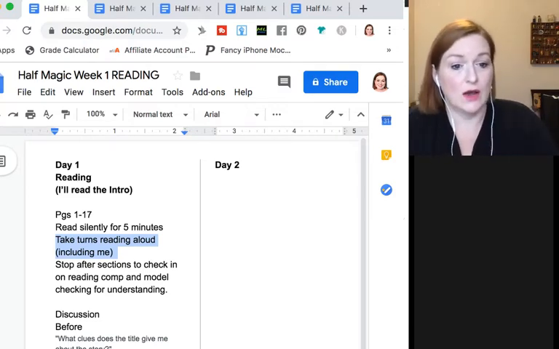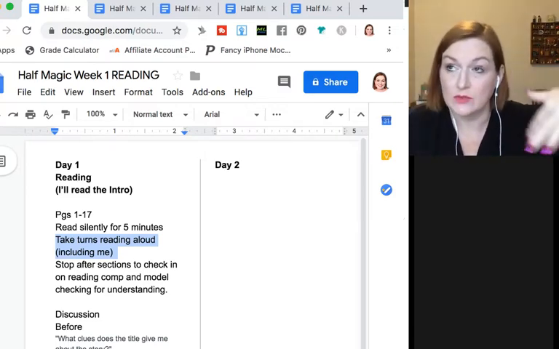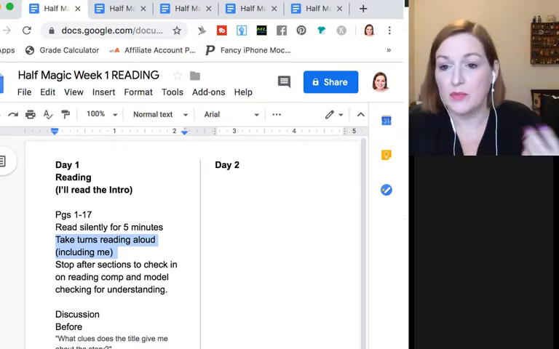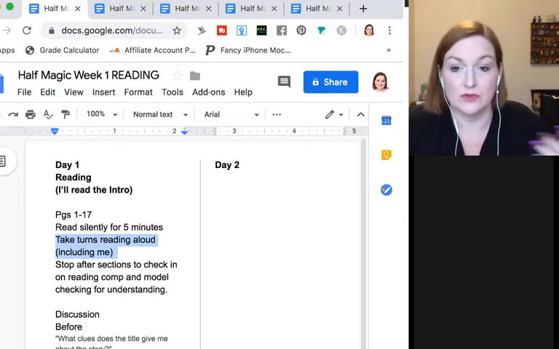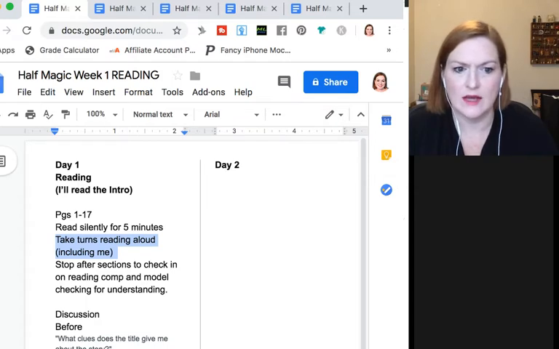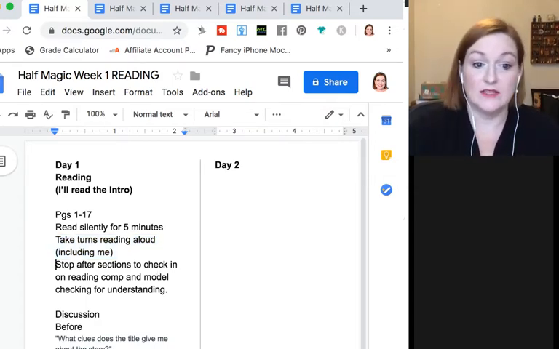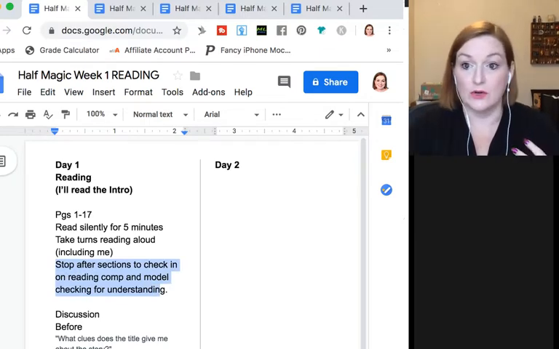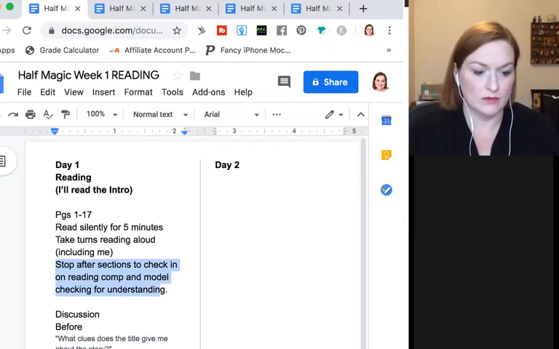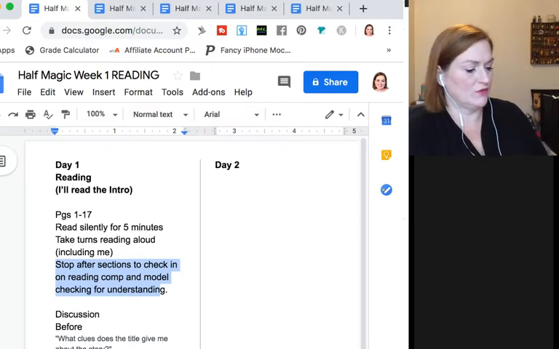But I'll stop after, as we're reading together, there are going to be places in the story where it's a natural stopping point where I'll say, okay, let's stop and check in. Let's see if they're comprehending it, or model. Even just when I flipped through that first chapter, I saw